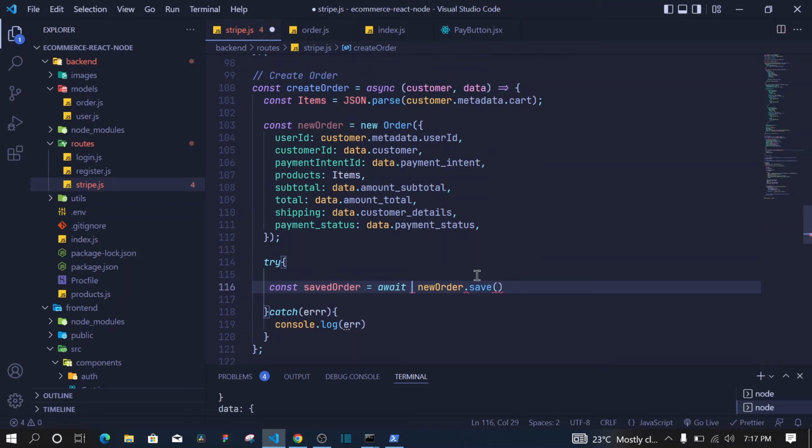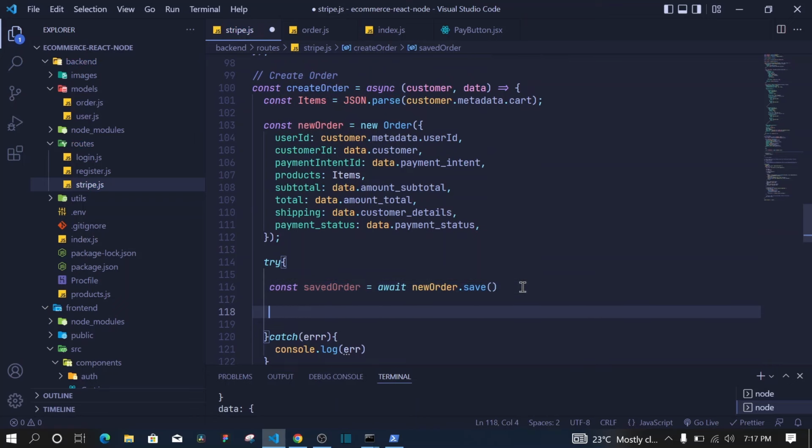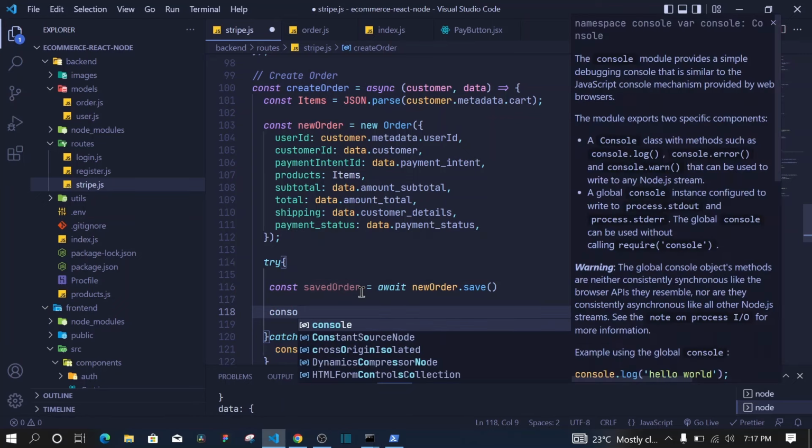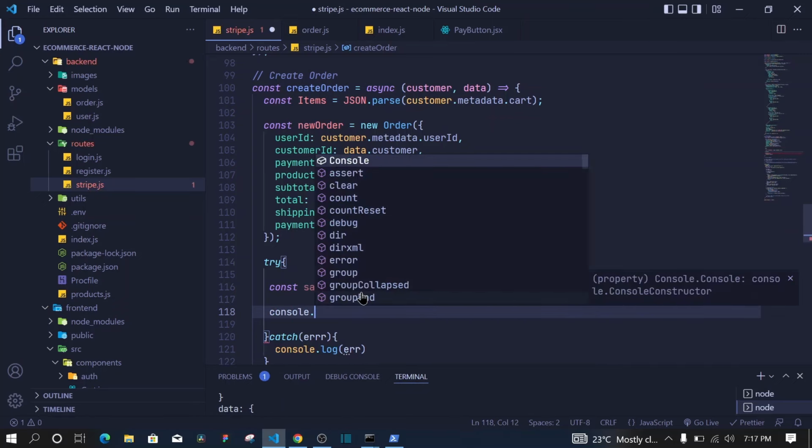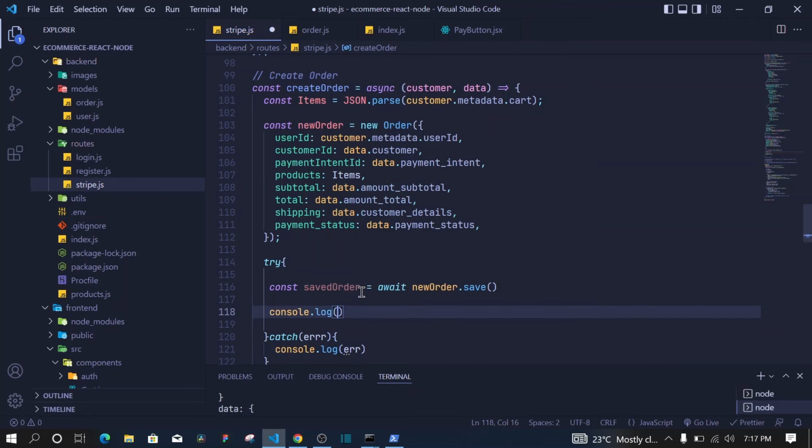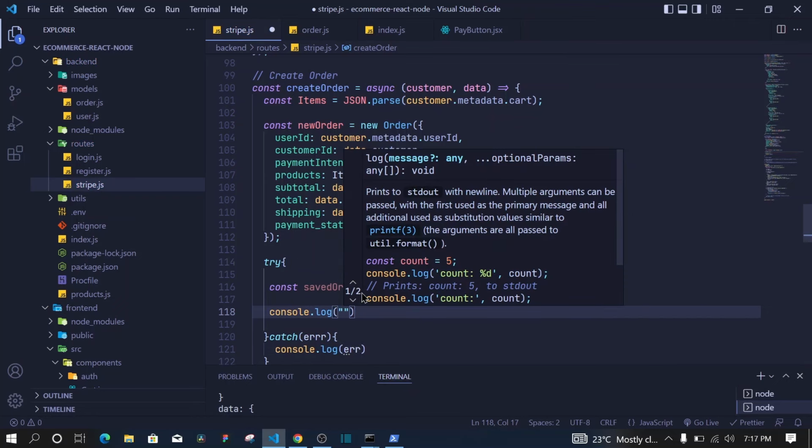Okay, we don't have this equal sign here. Oh, sorry. New order dot save. And then now right here, I can log these saved order to the console. So if we get it, then it's saved. So console.log of, let's say, processed order